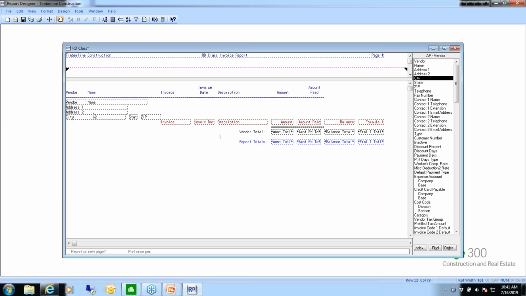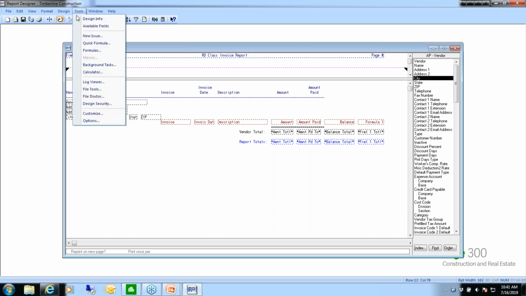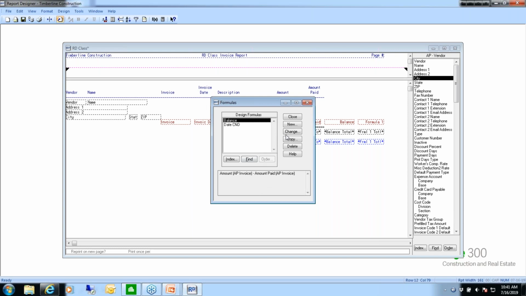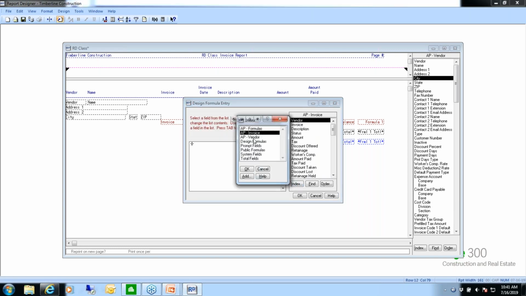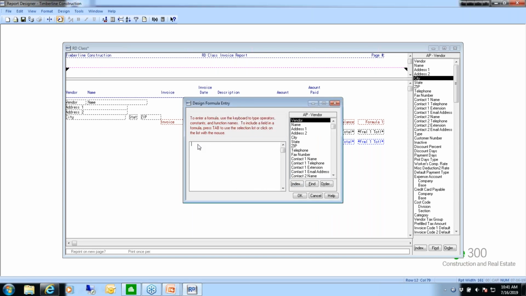Okay, I want to demonstrate the join function here. Notice that I've just pulled city, state, and zip all to one field at a time, and when I run it, these are kind of spread out. So I'm going to do another formula here, and I'm going to say, let me index first. Let me get back to the vendor, and I'm going to say join